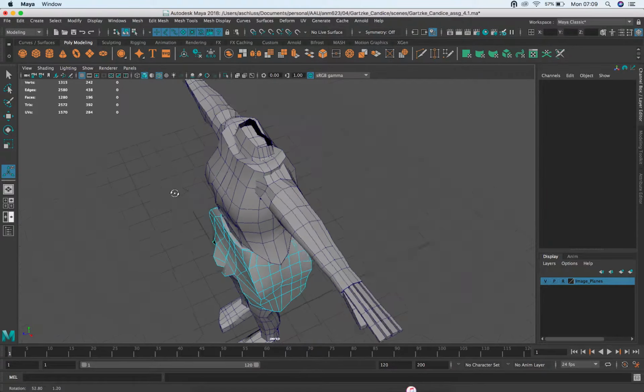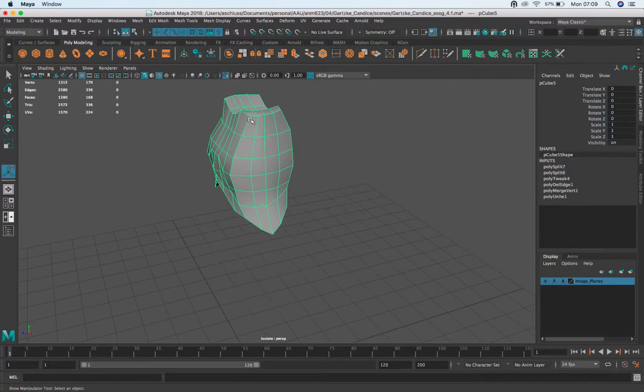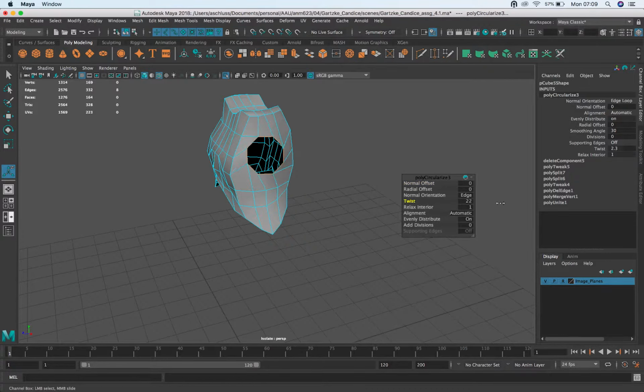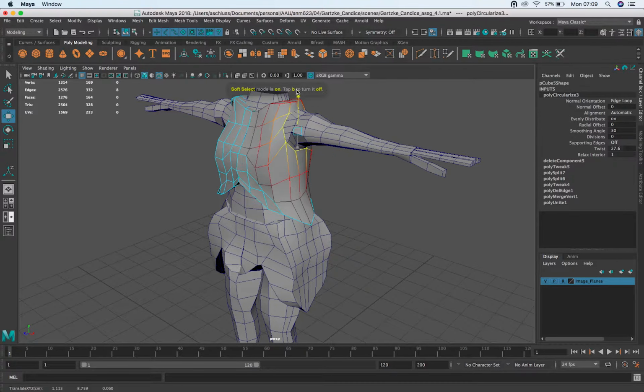Then for this you're going to need to form an armhole here. So taking out some number of these things, something like that, and circularize that, and twist it back, and then let's show this, and then move it into position. I'm going to use B for soft select just to move some of that stuff up with it. So now that matches a little better,